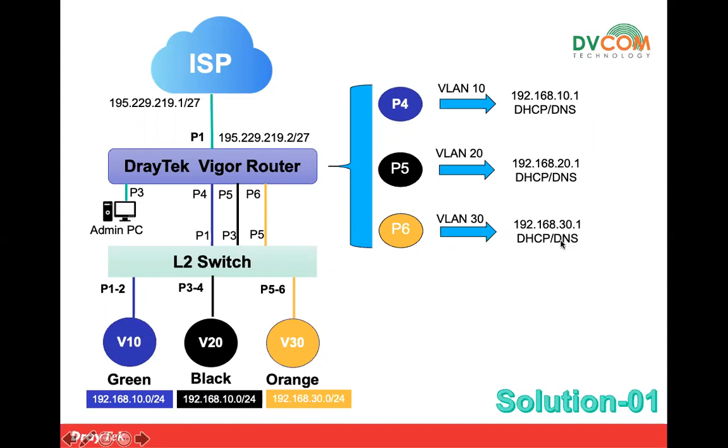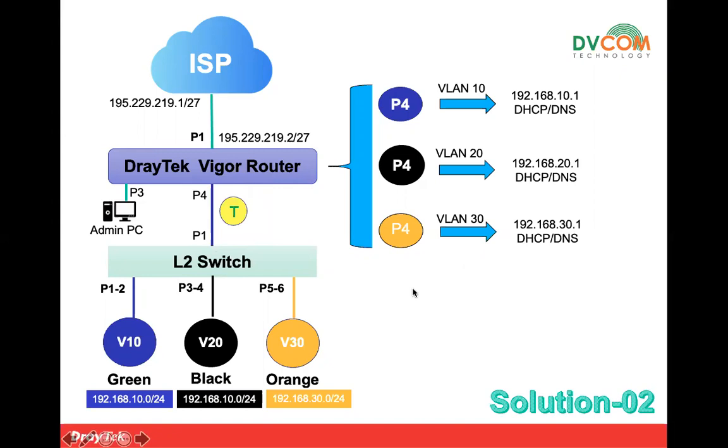So whatever firewall policies or rules you want to apply, you can apply from the DRETEC router, and decide which traffic has to be allowed or which traffic has to be denied. You can do either layer 7 or layer 3 filtering completely here. So this is one way of doing it whenever you have a layer 2 switch. Hope everybody is clear on this. You just terminate the internet connection, then write the default route towards your ISP. That's it, guys. Then you can access. Whatever the routing, the NAT, everything is taken care of by your DRETEC router. Even if you want, you can do firewall policies. In case you have 2 internet connections, you can do it as well. So this is your solution 1 for layer 2 design.